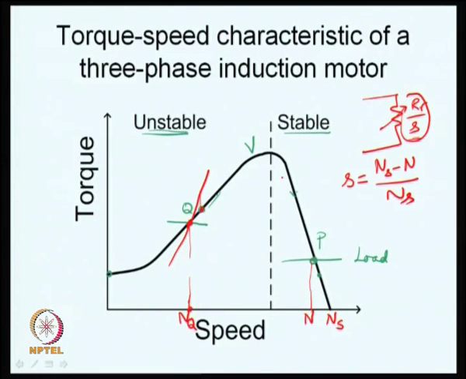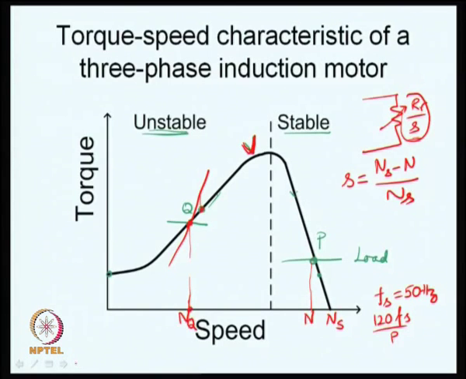Here what we have done is, we have considered a particular voltage which is this V, as I have indicated here. This is the stator voltage now. We have also considered a particular value of frequency, say something like Fs is equal to 50 hertz. This is the stator frequency now. So, you know that 120 times Fs by P is your synchronous speed now. So, this is for a particular stator voltage and a particular stator frequency. So, we should move on to what happens if we vary one of them.